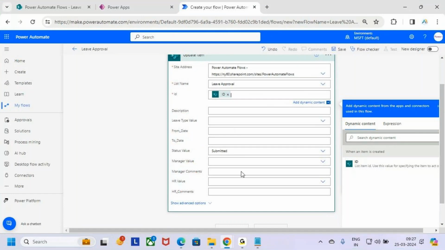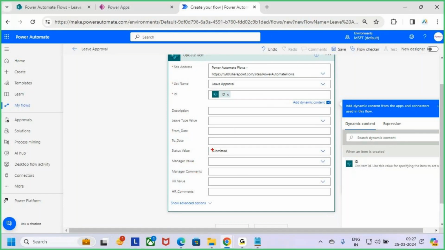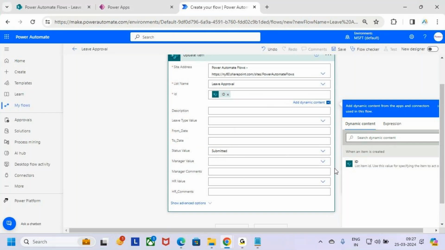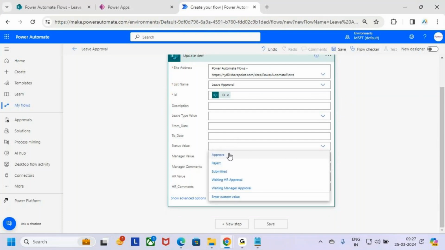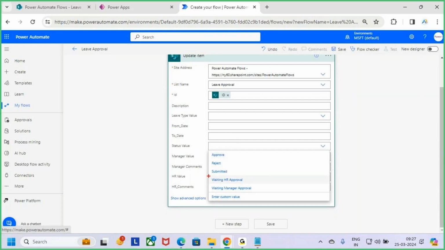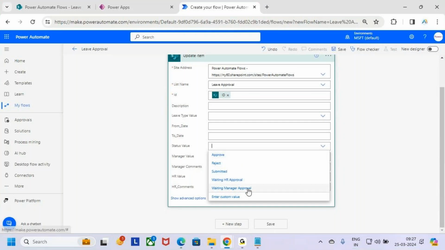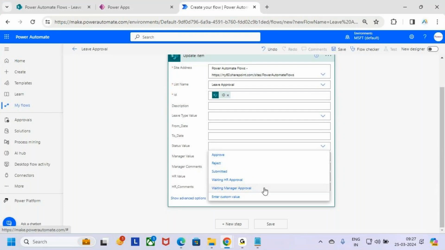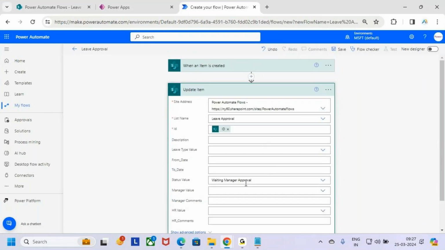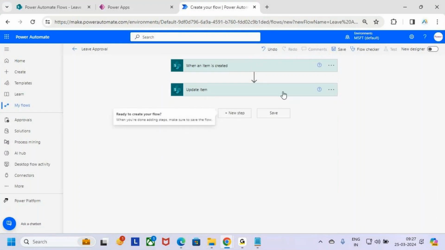I want to update only what? Status. By default the status is what? Submitted. I want to update the status to waiting for manager approval. Let me change it to waiting for manager approval. This is the status. Whenever the employee is submitting, first I want to change the status to waiting for manager approval. Now once after updating the item,